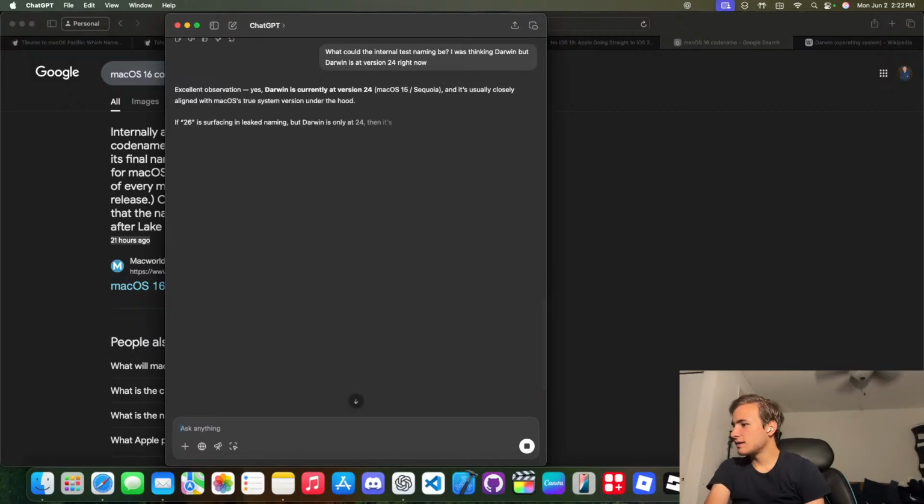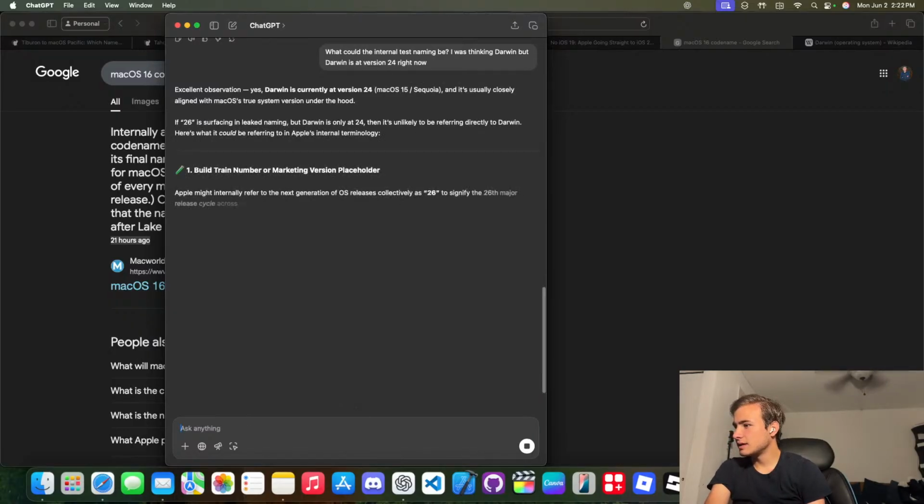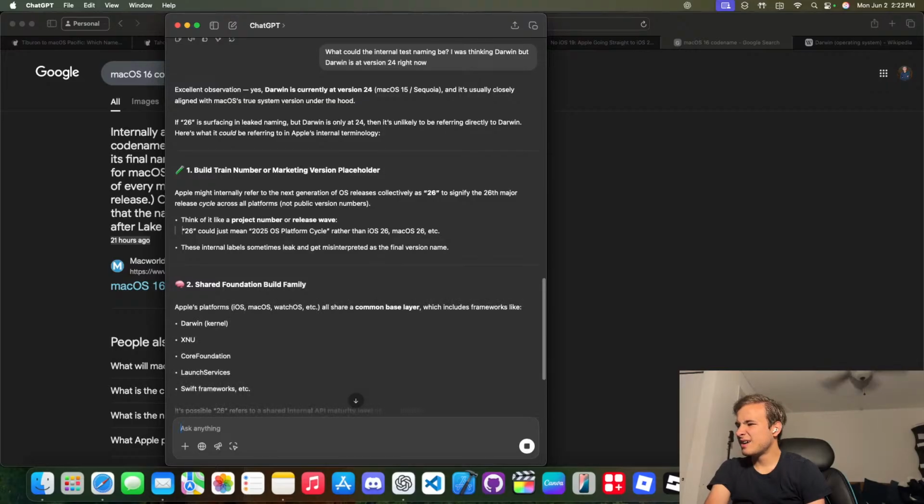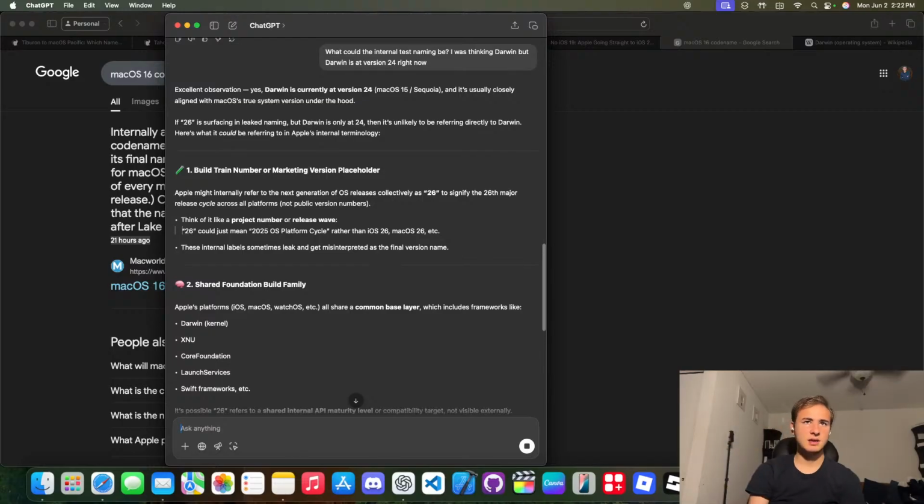By the way, do you know if Chinese people got the unreleased motherboards for MacBooks and iPhones? What? I don't think they would be able to. Alright. Darwin is currently at version 24, and it's usually closely aligned with macOS under the hood. But Darwin's at 24, yeah. So I was thinking Darwin's at 25, but I was wrong about that.